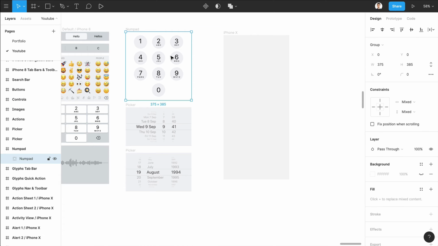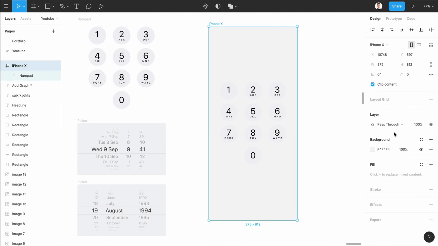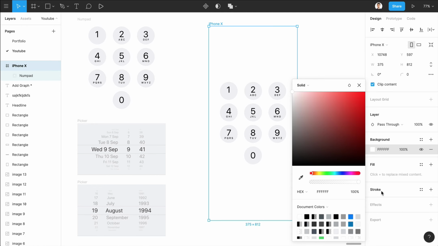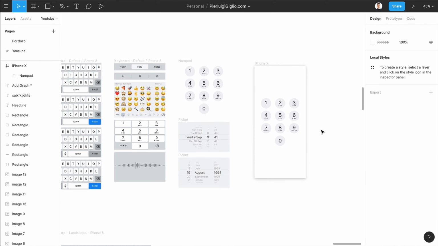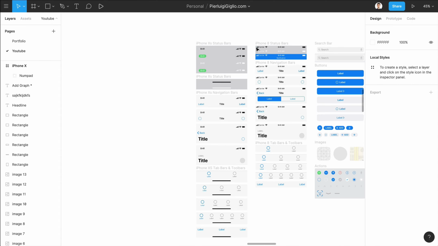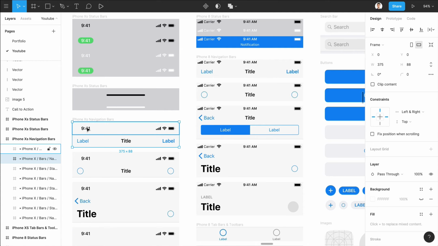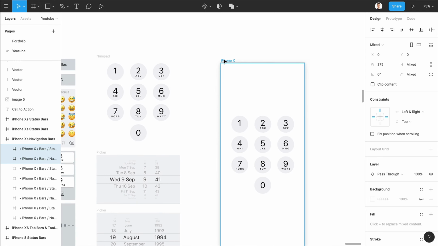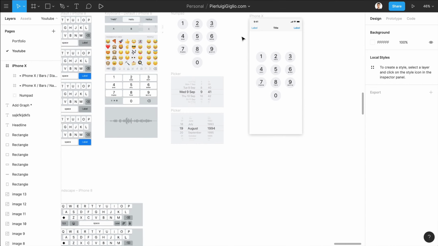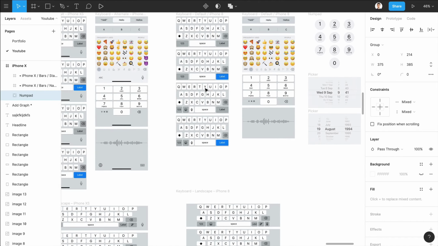So if I had to actually create the screen live on a client project, I think that I'm going to change the background and probably add maybe an effect like a drop shadow, just so that it's more visible. Okay, that's fine for this example. I can simply go over here, grab this navigation bar. Let me just check, and I'm also going to grab the status bar, go back on the iPhone X, add that, and yeah, as you can see, you can quickly come up with some examples also for the